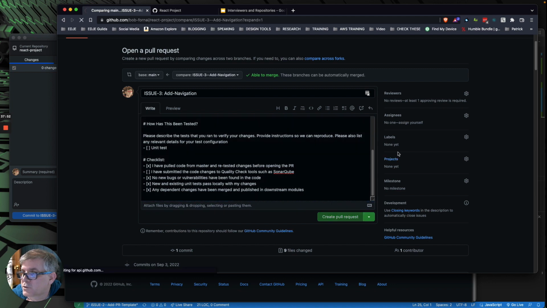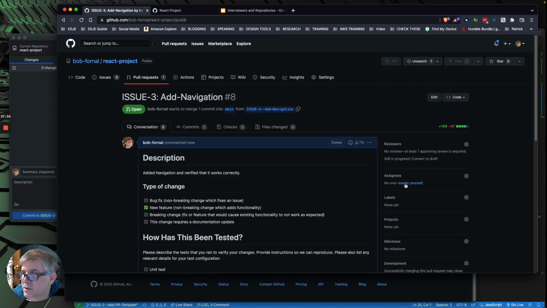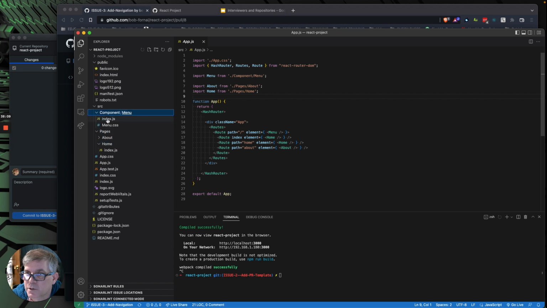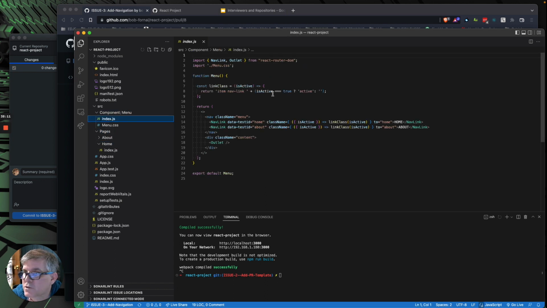We're going to create a pull request, and for right now, I'm just going to send it to myself. We'll fix all that in a second, okay? Because what I want to do is we want to put something in our code that needs fixed. Okay, so let's make it really simple. Let's come in and look at component index. Okay, we have this link class.